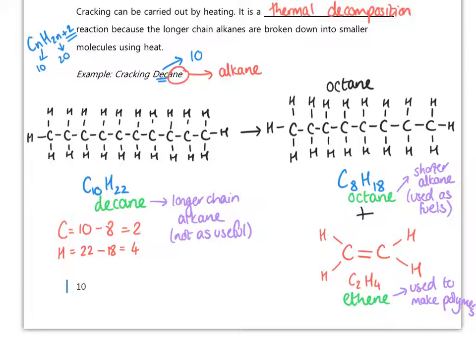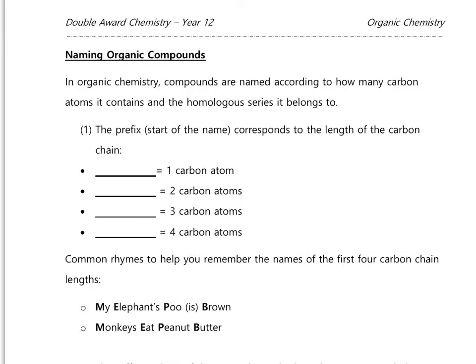The next few pages are covered in the previous video, so we're going to skip now to page 15. So if you could skip to page 15 with me now. You'll already have had an introduction to this when you looked at naming alkenes in the second video, but I added this in the notes to essentially summarise how you name organic compounds and how you base that on the length of the carbon chain.